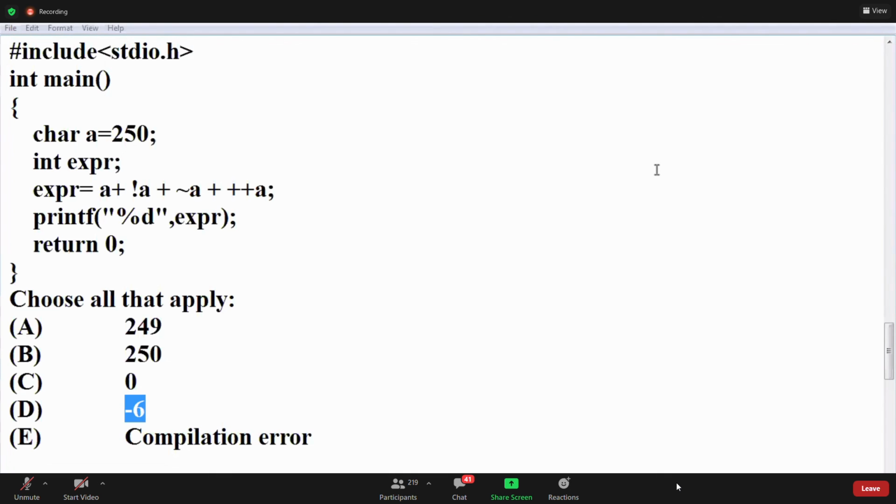That is, I told you, right? Character range is minus 128 to plus 127. That's why we get the wrong answer, right? It converts to that range.